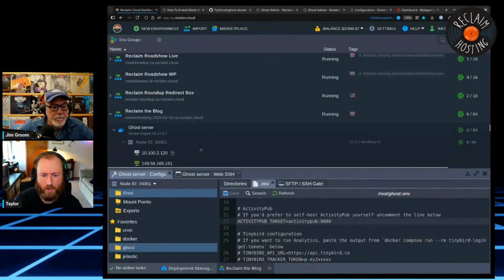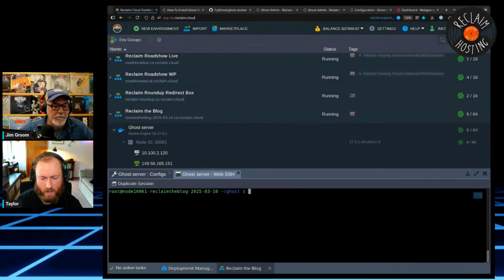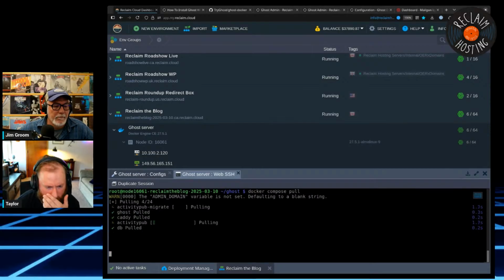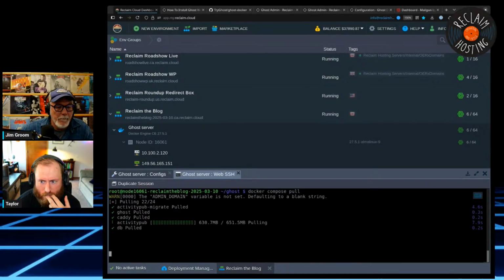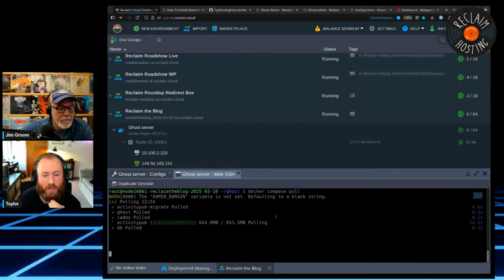Perfect. So let's do that. Let's do it. So we're pulling. This will be interesting too, because we can see we're using 6 cloudlets right now. So we can see whether the ActivityPub container results in more cloudlets. I would imagine it would, but it shouldn't be much.